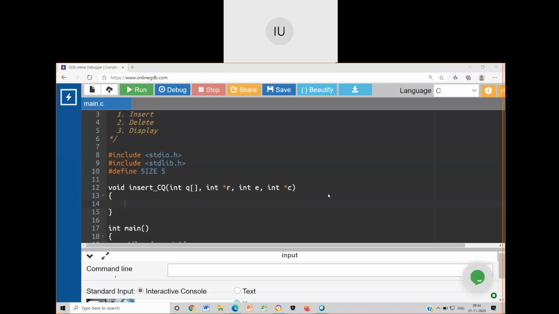Yes. Raja, okay, can anybody? What should be the line of the code for insertion of the new element?